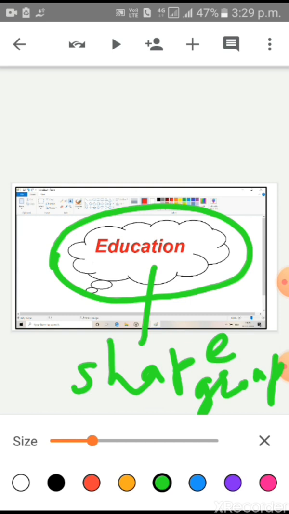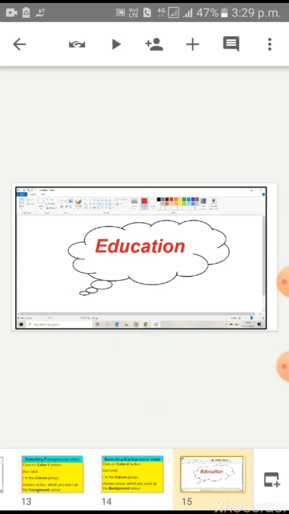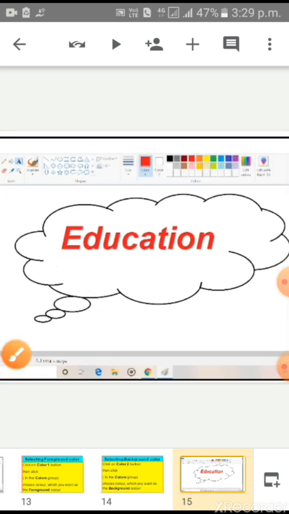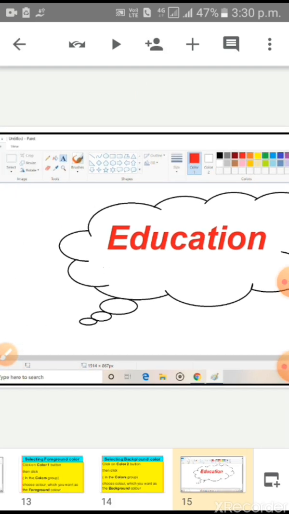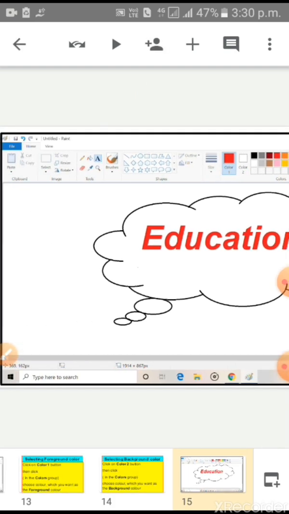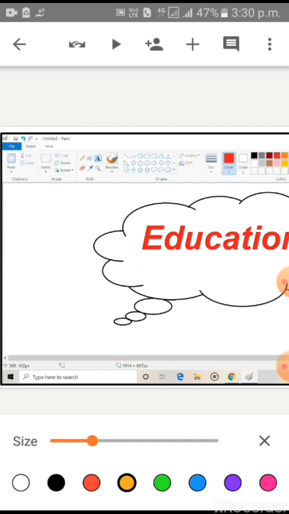After that, children, if you want to enter some text here, how to do it? You have to click this A, alphabet A button.